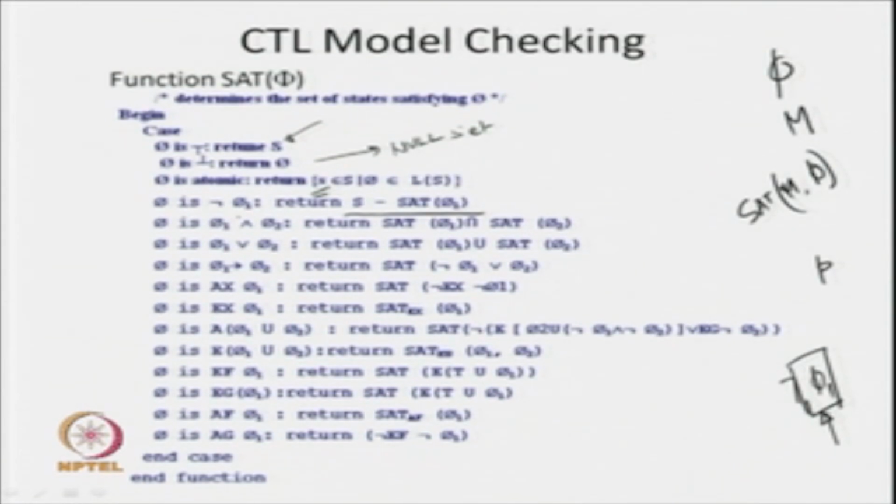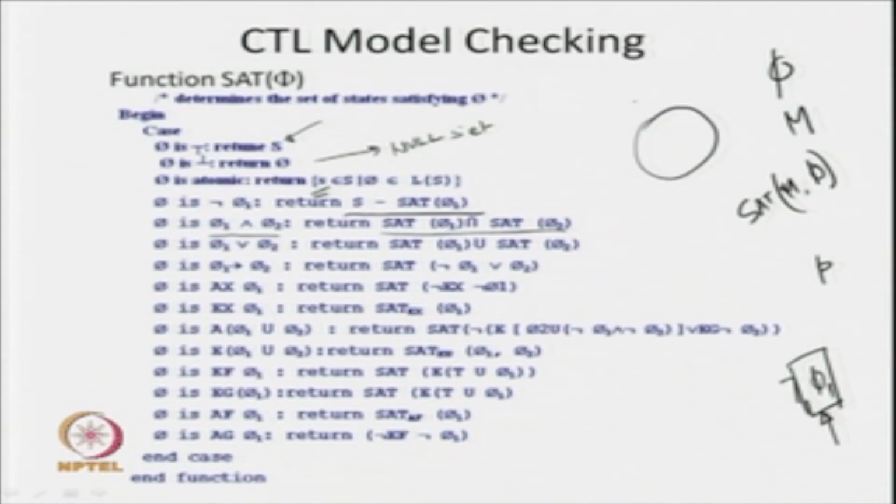Similarly, if phi is phi 1 and phi 2, these being logical connectives, then what happens? It is going to return a set. First we know the labeling of phi 1 and phi 2. So, it is going to return two sets. The intersection of these two sets will be the states where this particular formula phi 1 and phi 2 is true. So, satisfiability of phi 1 is going to give me a set where the formula phi